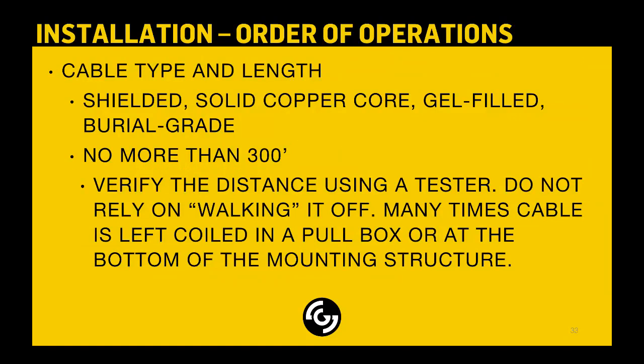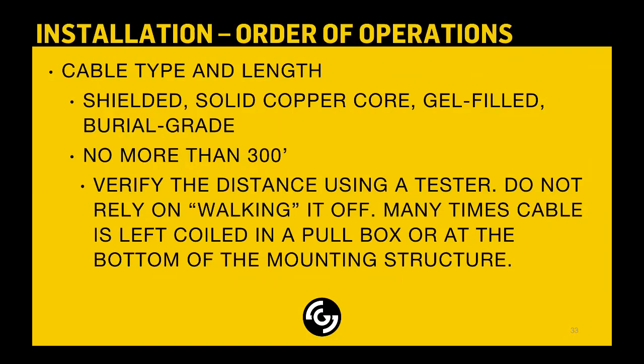On a single run from the processor to the camera, you want to be no more than 300 feet. We have a repeater available which will boost the signal after 300 feet, so you can actually use up to 2 GRIDSMART repeaters to extend the distance about a little over 900 feet. So if you do need to go beyond the 300 feet, make sure that you have a repeater available. You know, this comes into play largely when,